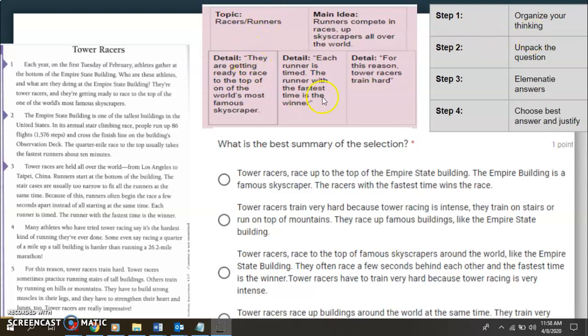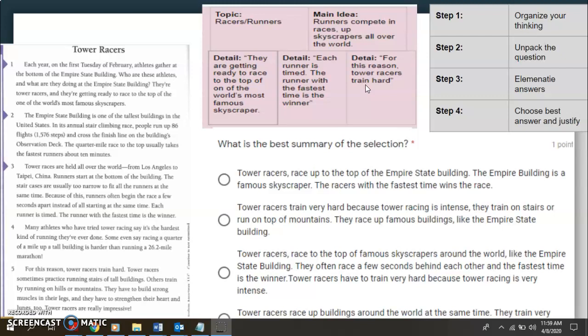So I have my main idea anchor chart here. My topic is racers and runners. The main idea is runners compete in races up skyscrapers all over the world. And then my 3 details are: they are getting ready to race to the top of the world's famous skyscraper. Each runner is timed. The runner with the fastest time is the winner. And for this reason, tower racers train hard. And when I wrote these details, I put them in logical order already, so I knew what came first, second,